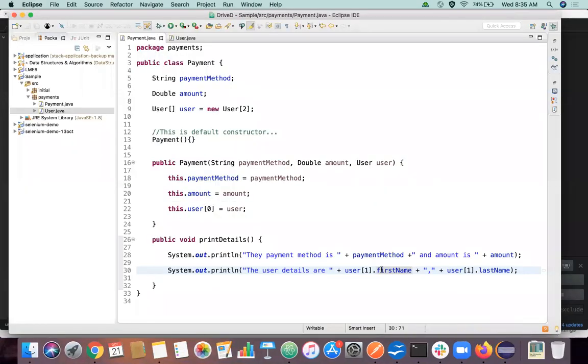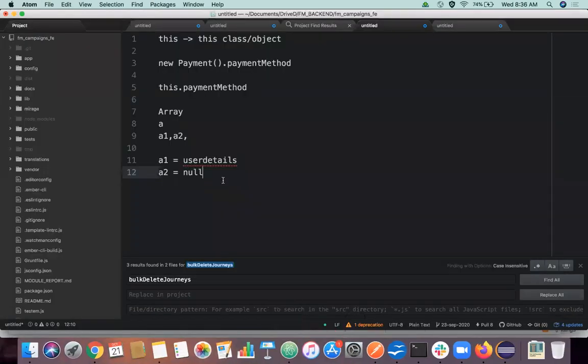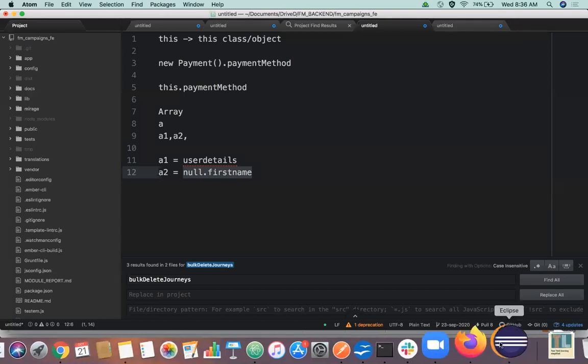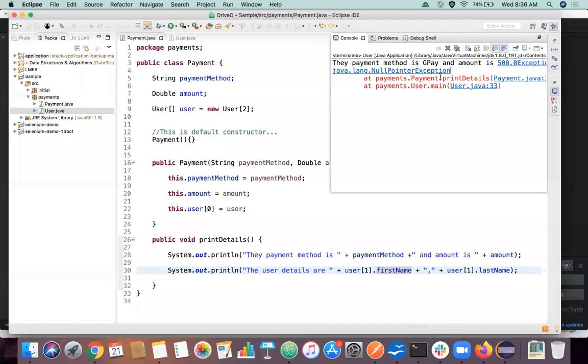We are just trying to get the first name, right? So what that execution will do is, the code is something equal to this null dot first name. Null itself doesn't have any value, but we are trying to access the first name from null itself. So whenever you try to do some actions over the null, you will get a null pointer exception. This is one of the most frequent use cases that is there in almost every testing and development project, and it should be handled properly.